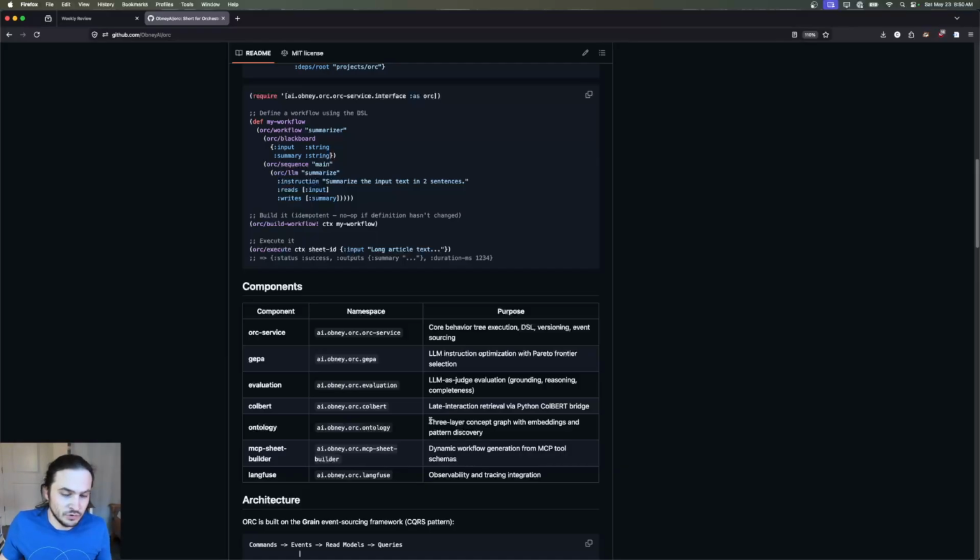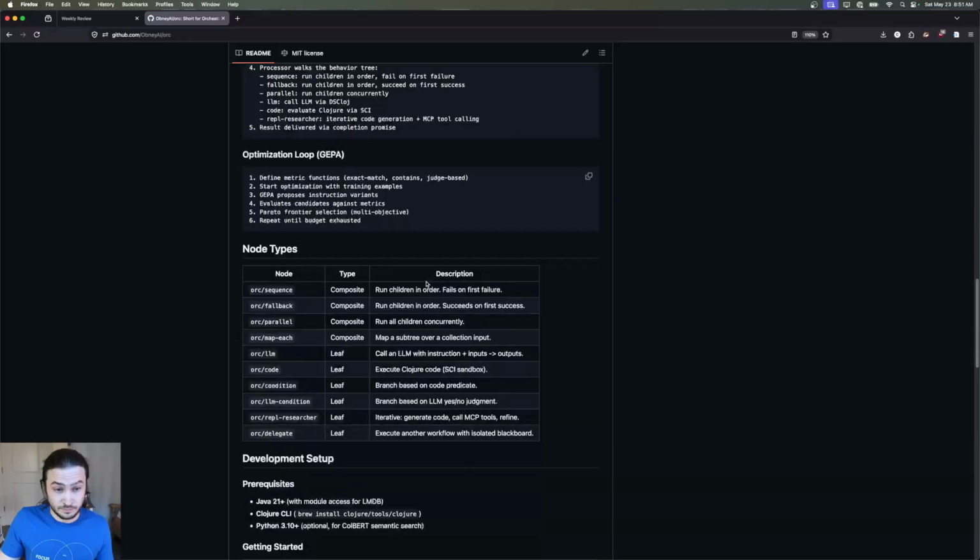We have Langfuse integration for tracing. Orc actually captures all of its own traces on a node by node execution level, so that you always have the traces internally, because we use those traces to do evaluations in the JEPA tuning. But you can also, as a side effect, push those to something like Langfuse, and I think that can be made pluggable, but you don't have to have it. And then we also have